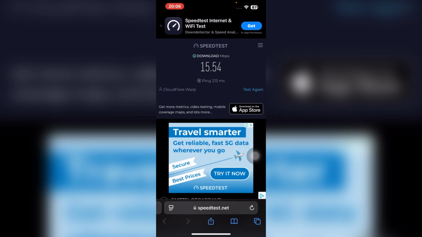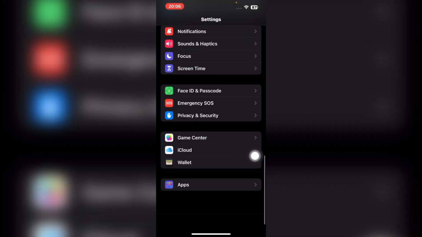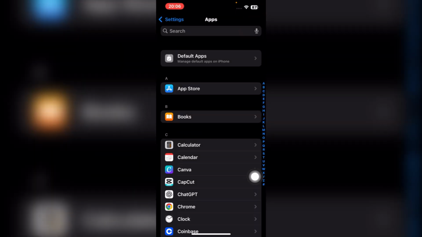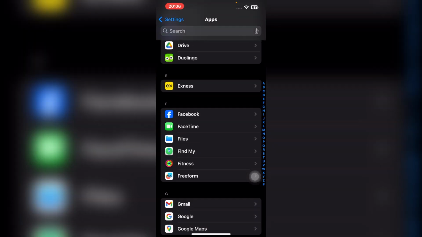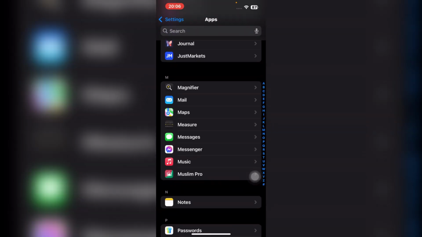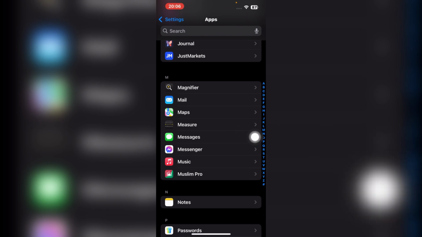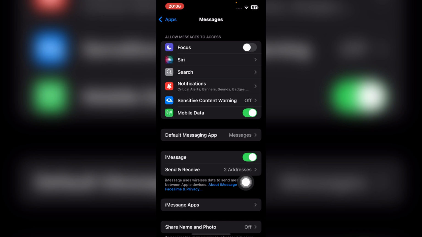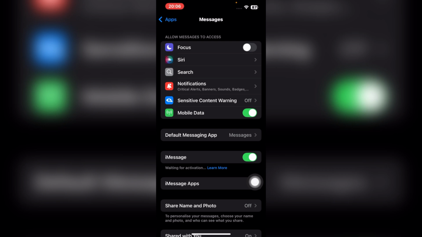However, if the speed test goes well as well and the issue is still there, then head over to your phone settings and scroll all the way to the bottom till you find the option of apps. Just click on apps, and here you're going to find the option of messages. Scroll down till you find messages and press on it. Once you do so, you'll be able to see an option that says iMessage. You'll be able to see a toggle button over here. I suggest you turn it off and then turn it on, and it will help you solve the